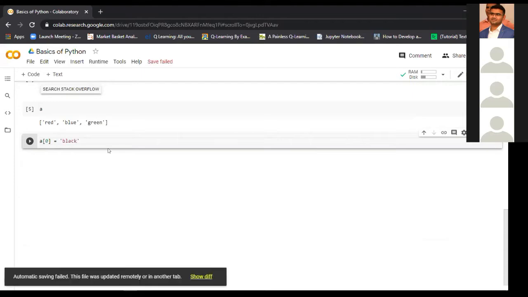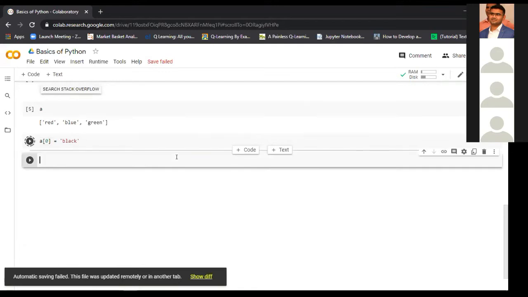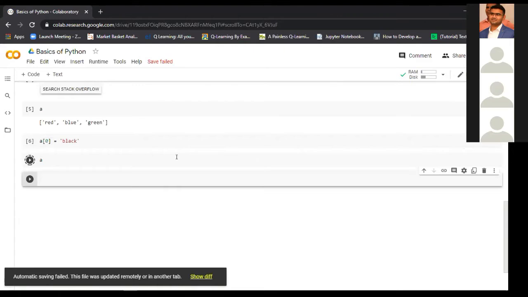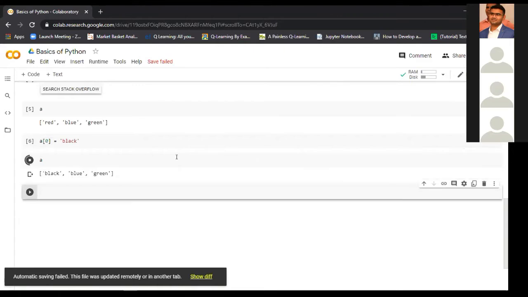Now see whether it gives us any error. We can see that it didn't give any error. Let's check the updated value of the list. Here we can see that the list got updated: A0, which was red, is now updated with black. So this is the second property, that the list allows changing. It is mutable.